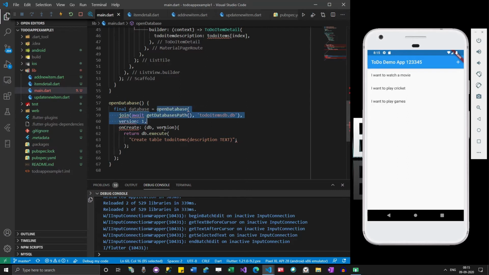If we go through this, we are instructing our app to open a database in this path. This get database path fetches the path where the app is supposed to create the databases, and then we combine it with this path, and then we try to open this database.